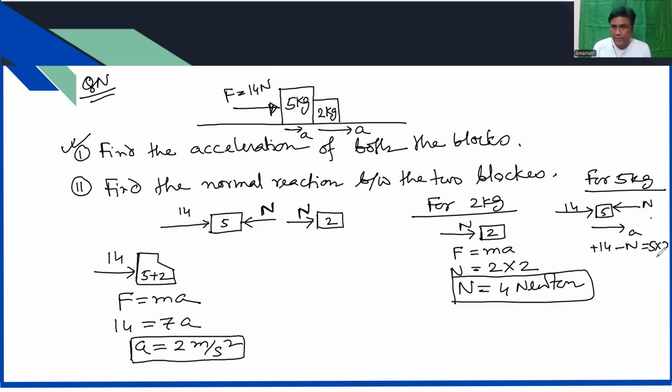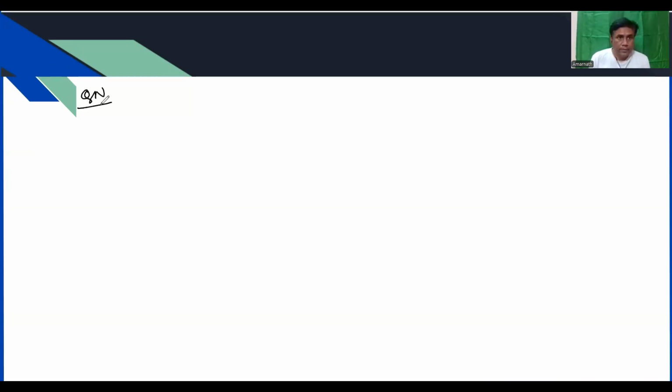A is 2 already. So it means 14 minus 10 equal to n. So 4 equal to n. It equal to 4. So you see, this way also you are getting the same answer. Okay? So